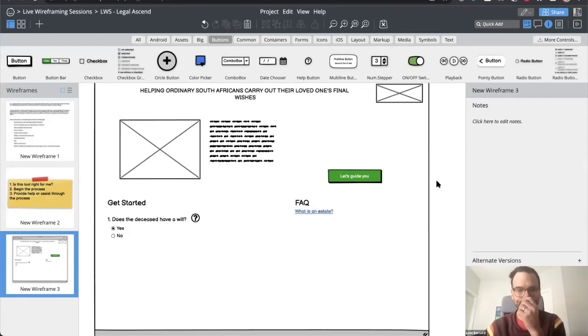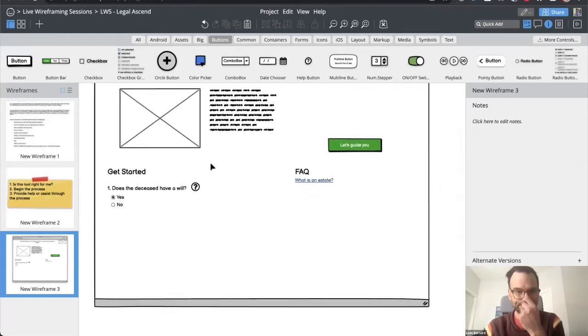This may not necessarily all be on the landing page, but it might provide some direction for when you're in the app itself, kind of like a step-by-step. Maybe these first couple of questions could be like, are you ready to start this process? If you don't have a will, or if you don't need this, then here's how to go get that information. And so you're already providing some help to get them started.